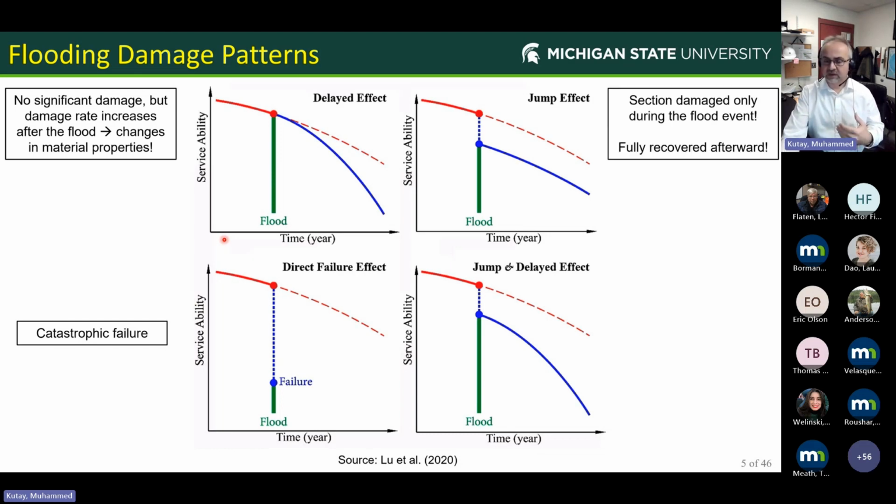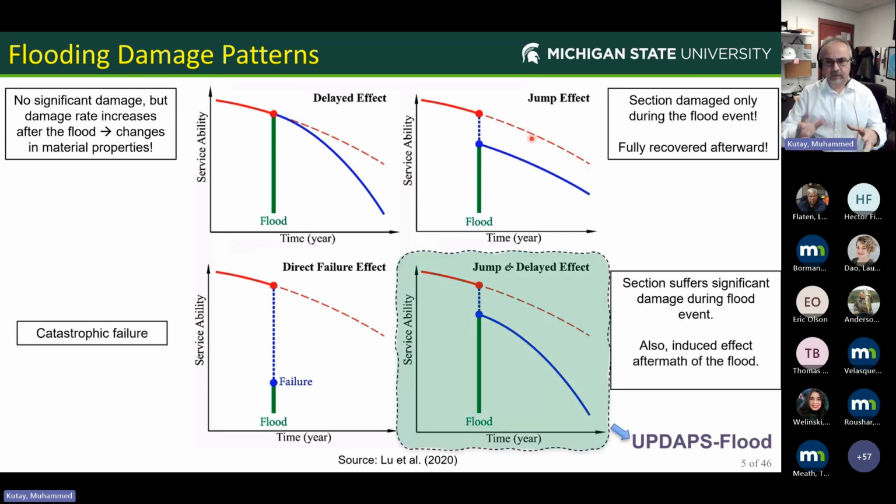You might have partial damage happening during the flood event, but then the pavement might recover back to its original case and might continue to live its life at the same kind of rate that it had in the past, like shown in here. The maybe more realistic case would be this last portion, which is you might have significant damage during the flooding event, and because of that, you might have an accelerated damage, or the rate of the damage can increase